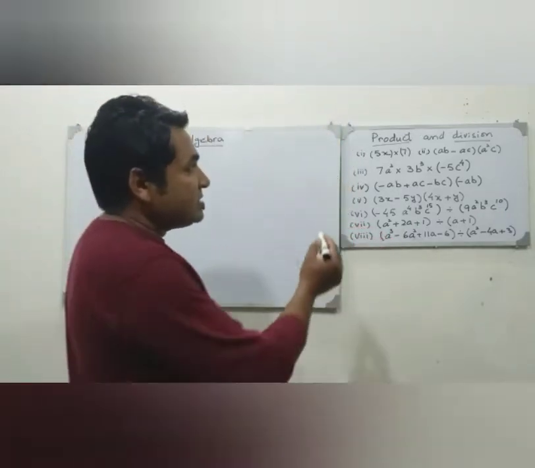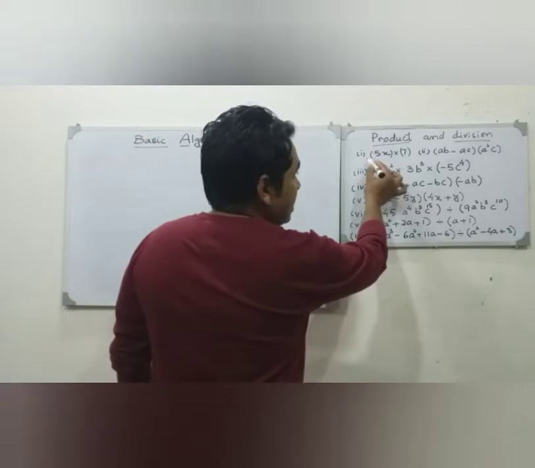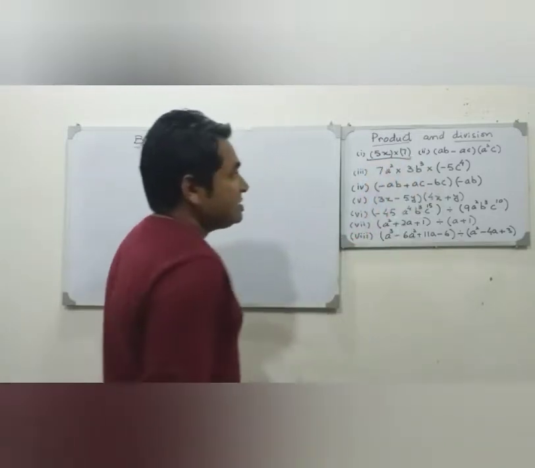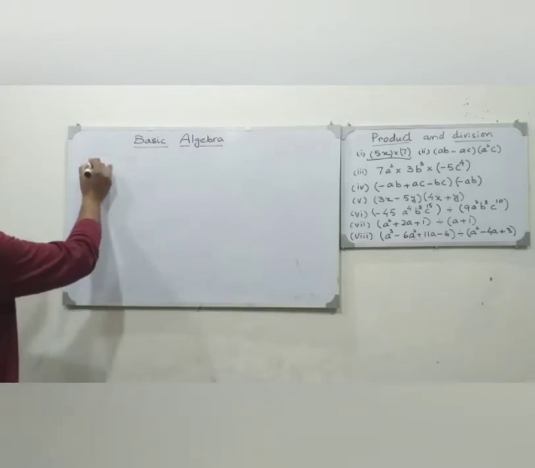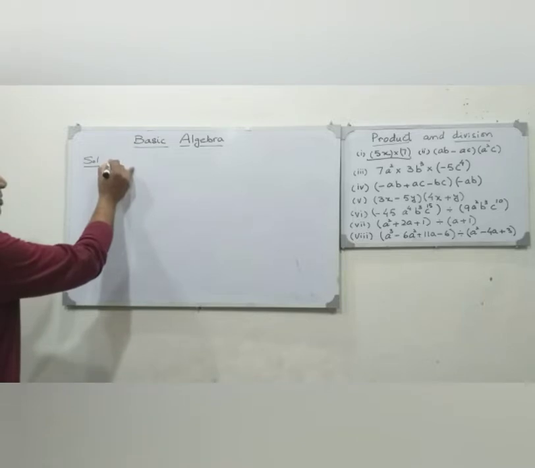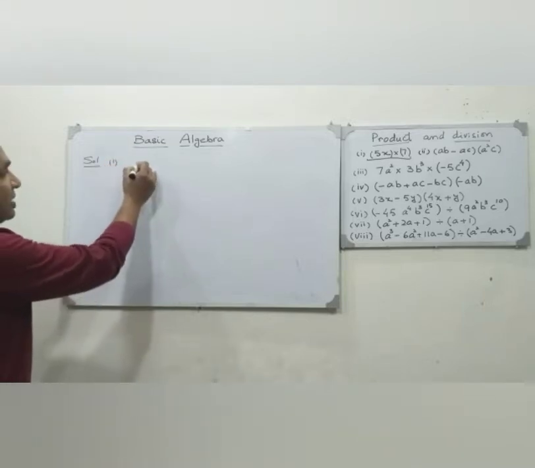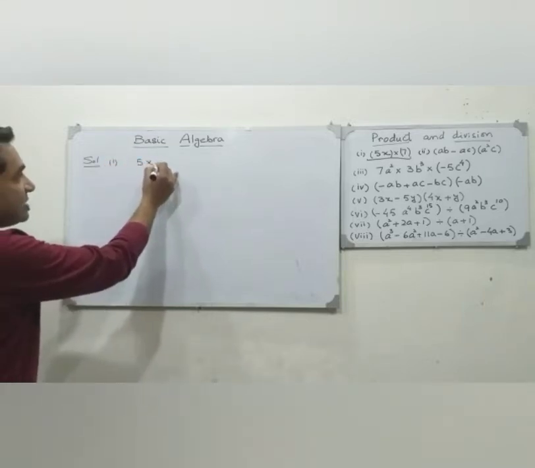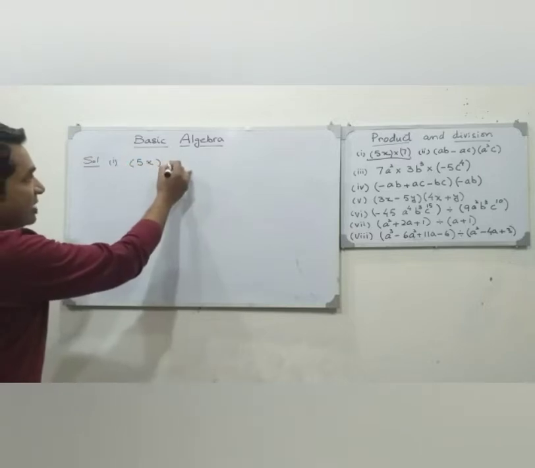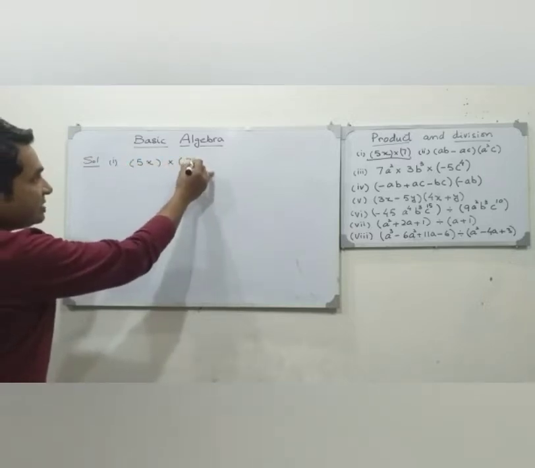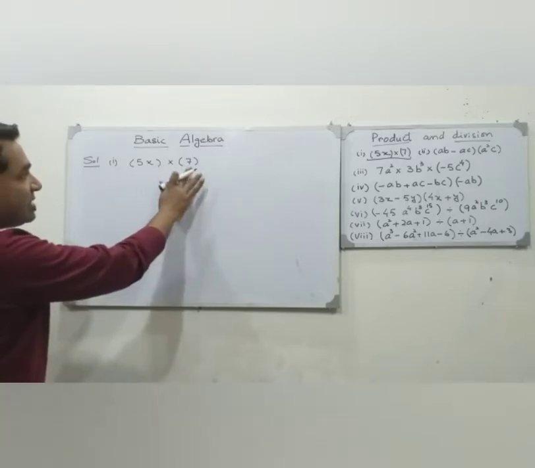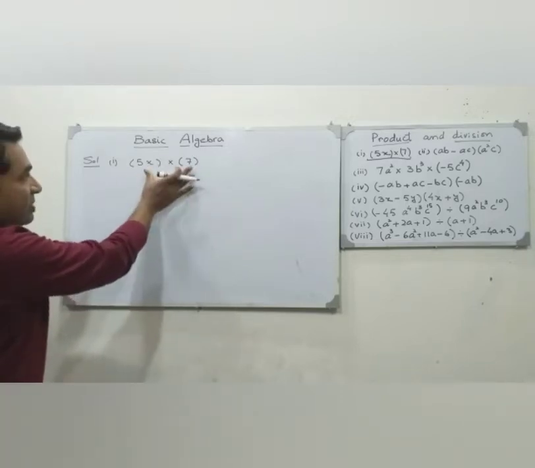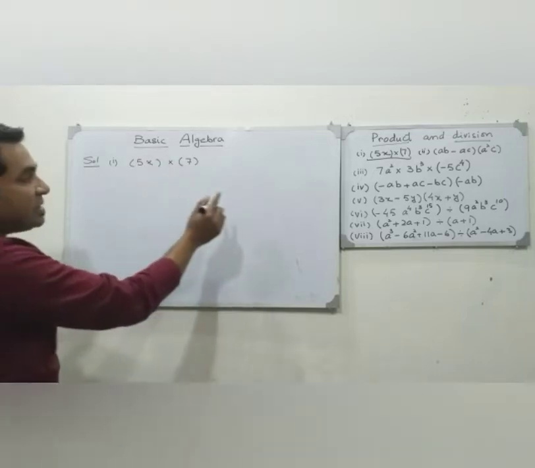You see that question number 1 is 5x times 7. This is the solution of question number 1: 5x into 7, 5x multiplied by 7. They both are multiplying with each other. Always remember,